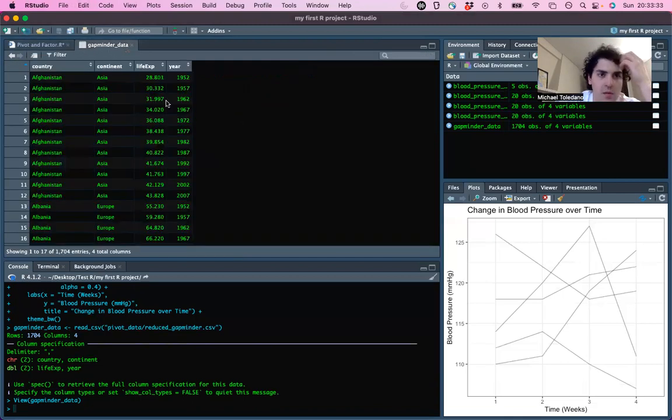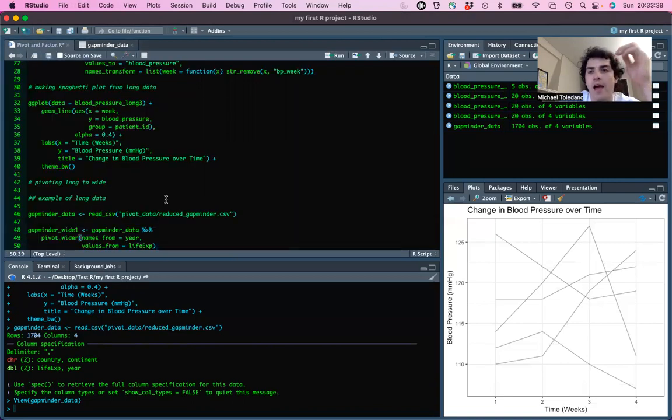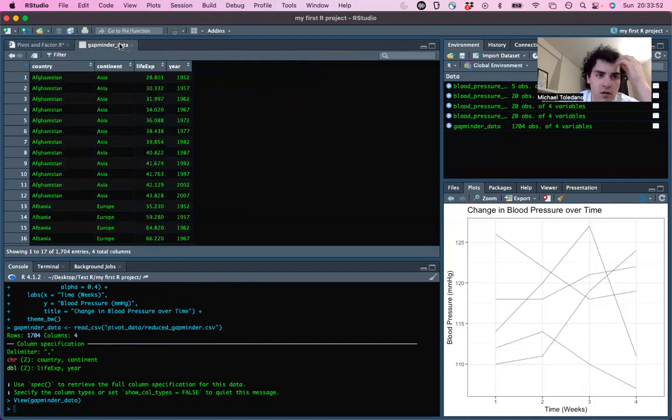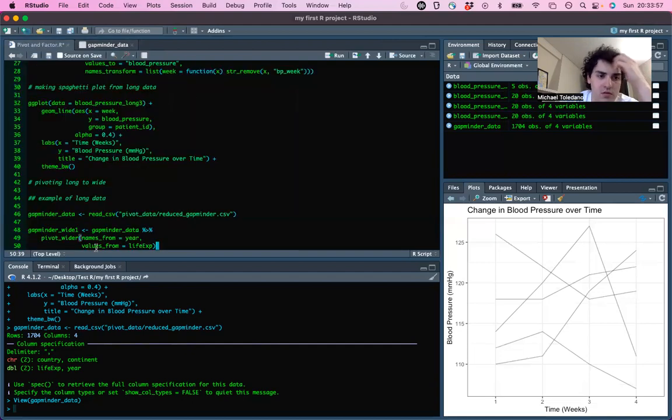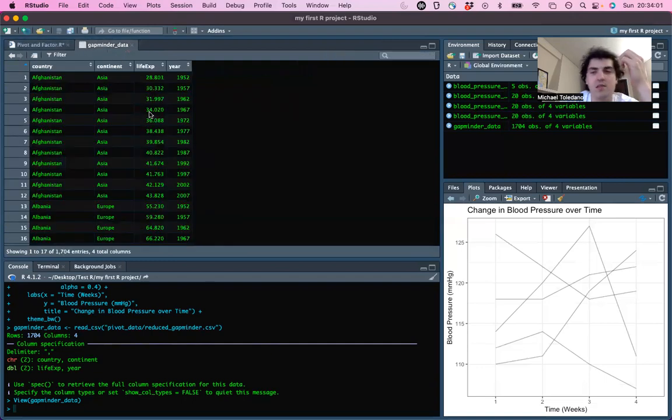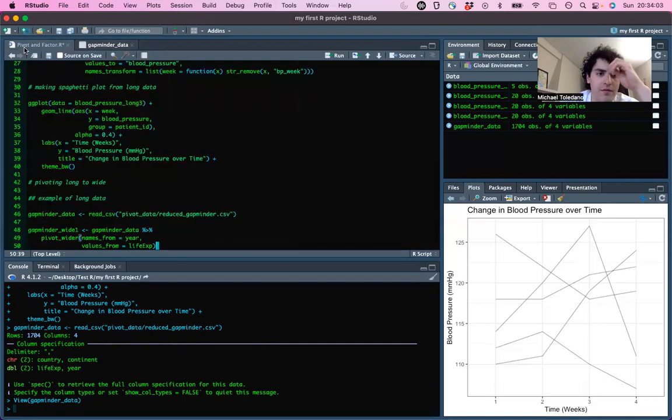So the names from, you're gonna add the column that has the interval of observation. So before it was week. So that time you had observations at every week, and this one it's every, I guess, 5 years. So that's going to be the one that you make names from, and values from you get from the life expectancy, which actually has the actual value of